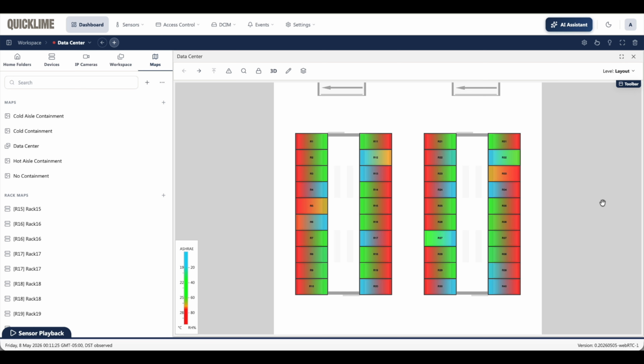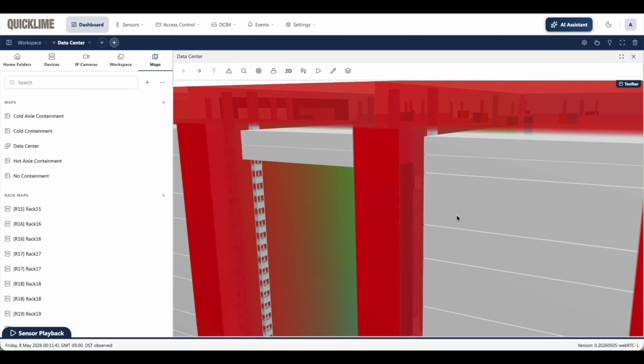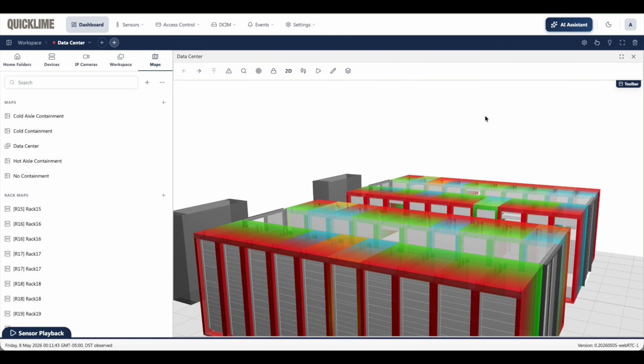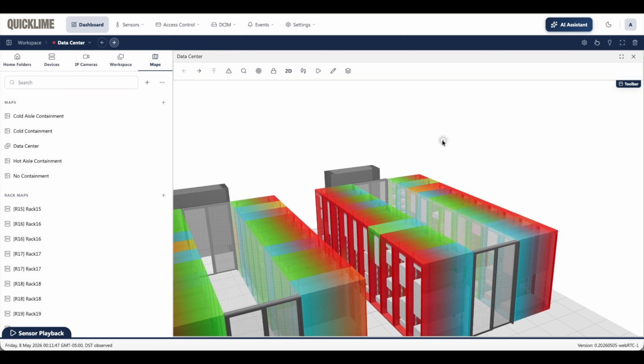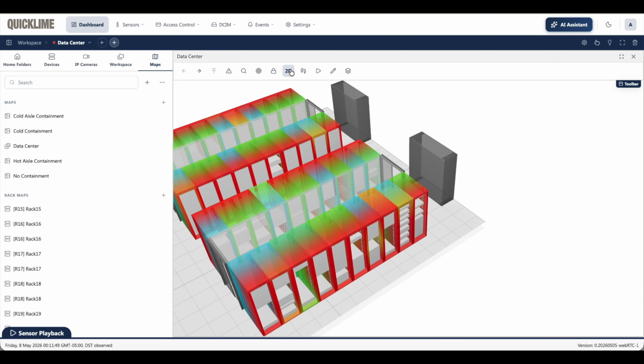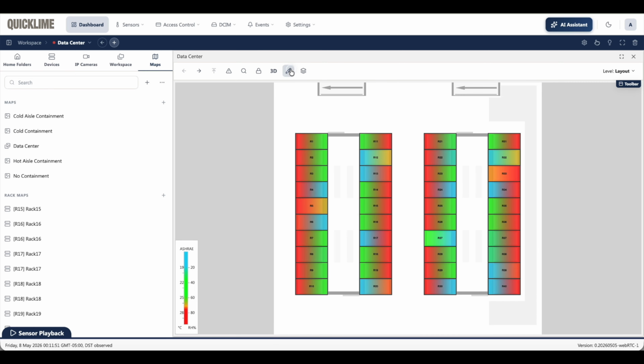In this video, we're going to be taking a look at how we can very quickly set up a data center floor plan, create rack maps, and begin assigning sensors to those racks. So we can view a data center in 2D and also in 3D, as well as the racks, the sensors connected to those, the statuses, and the assets that are mounted inside of those racks. So I'm just going to run through how easy it is to actually build up a data center